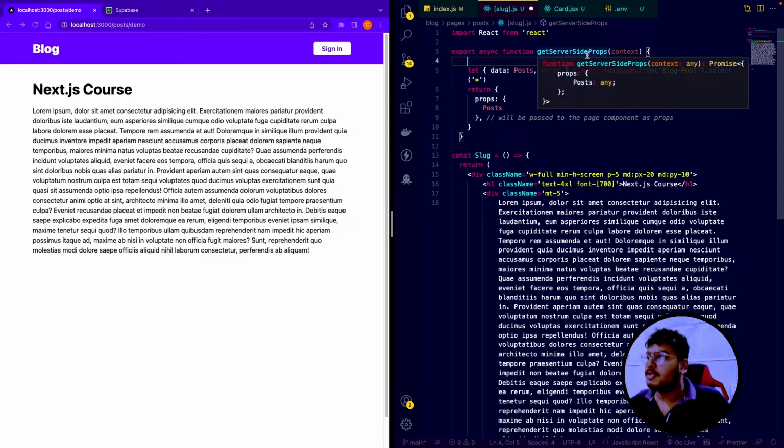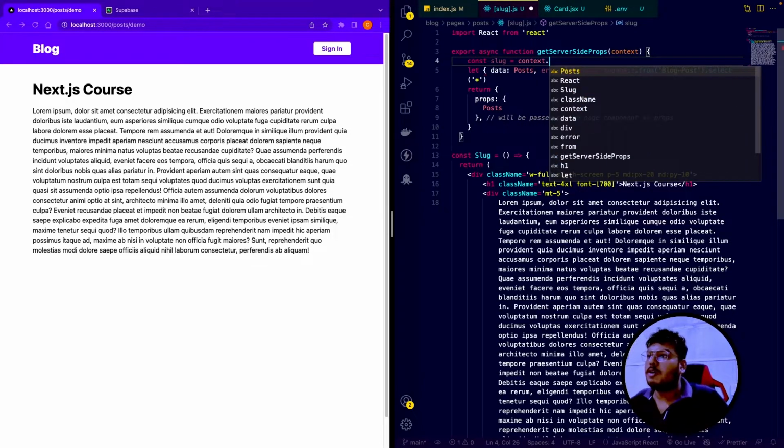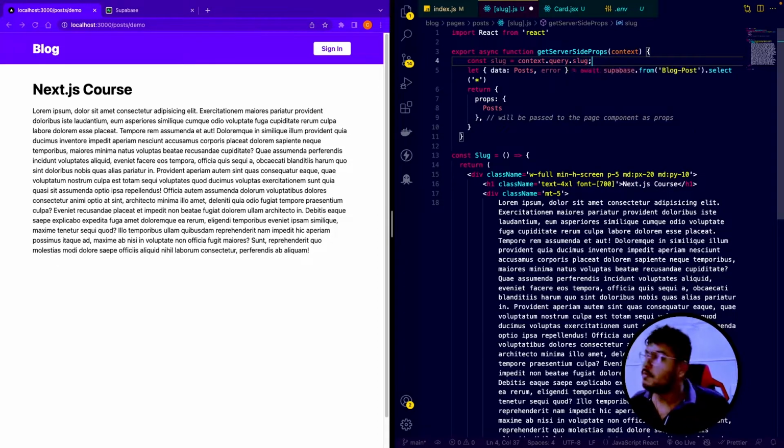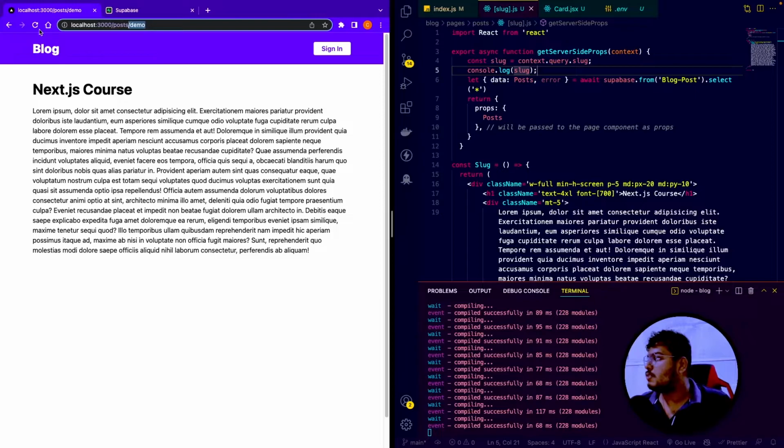So I can write here const slug equals context.query.slug. So it's basically going to give me this part of the URL, this is demo, right? If I just print log this, sorry to say print, I'm used to Python, so I say print sort of thing, right? So let's write here slug, save this thing, press Command J, and if I refresh this page, let's say